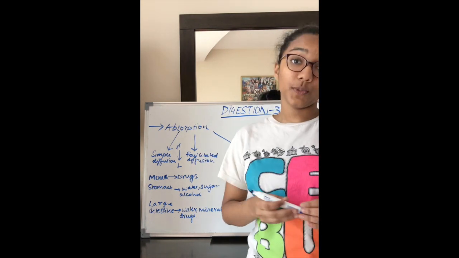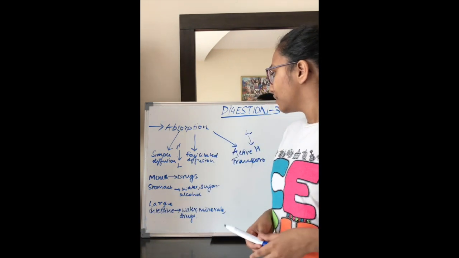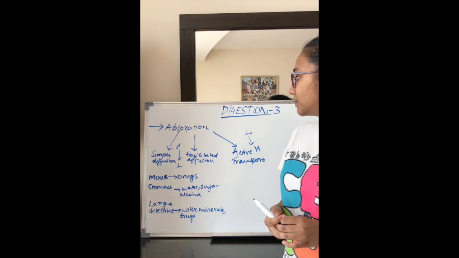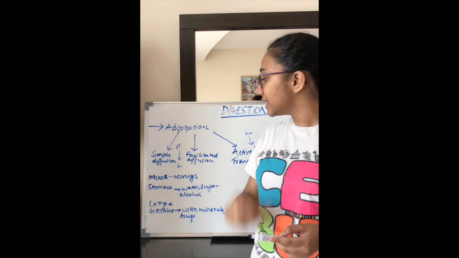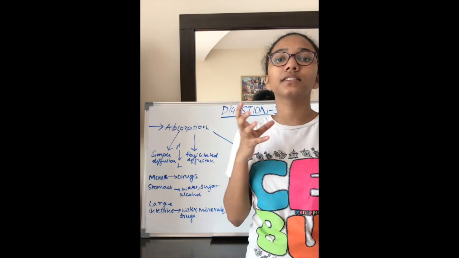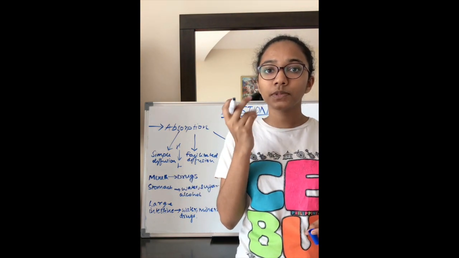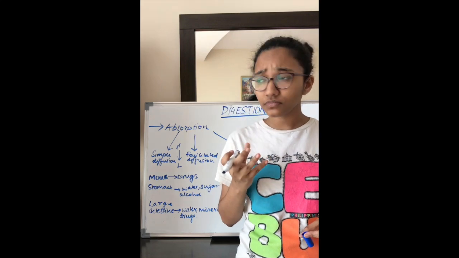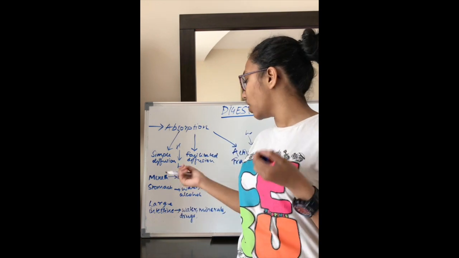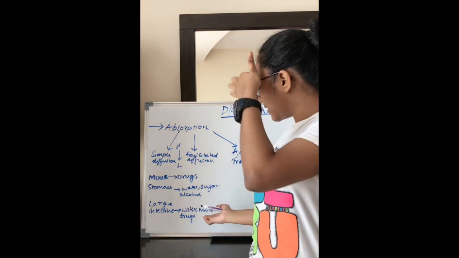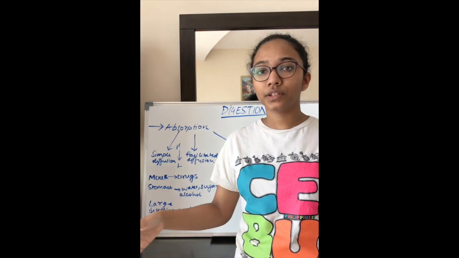Also, osmosis. Water moves through the semi-permeable membrane by the process of osmosis that we all know very well. This is the absorption process from the intestine only. Throughout the alimentary canal, different substances are absorbed at different places. In the mouth, some cells in the tongue absorb some soluble drugs. In the stomach, substances like water, simple sugars, and alcohol are absorbed. And in the large intestine, water, minerals, and drugs are absorbed so that they do not go along with the fecal matter.